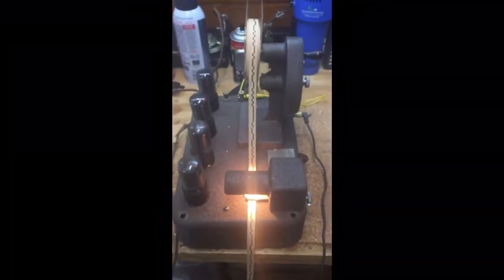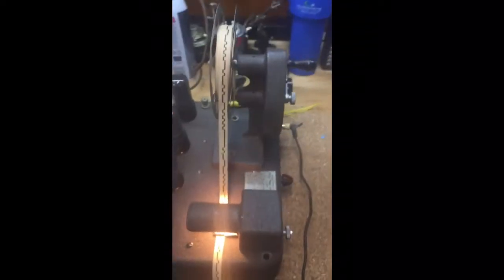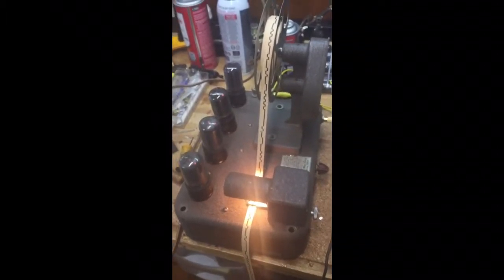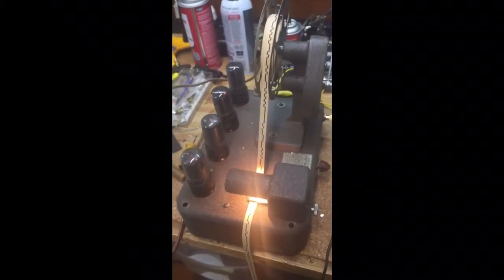So, for all of you code fanatics out there, you could tell me what those letters were. I'm going to run the audio through a little processor on the phone and identify the letters or the words. I'm not sure if they're just producing random words or random letters or what, but we'll find out in a minute. And then the rewind is